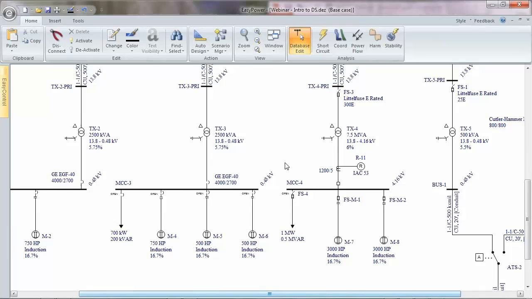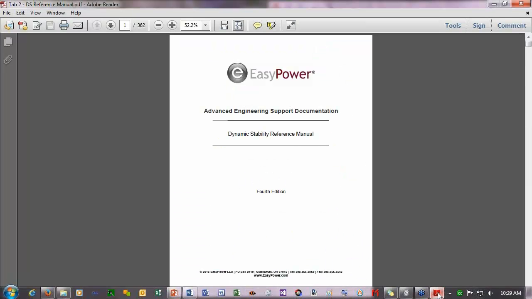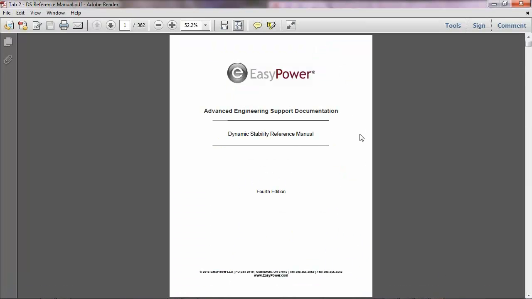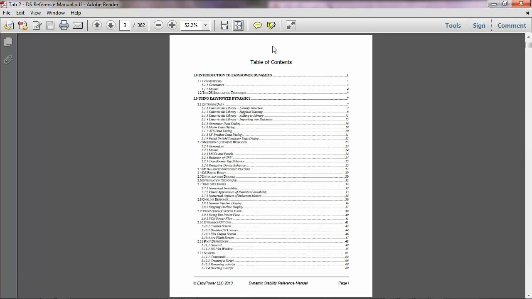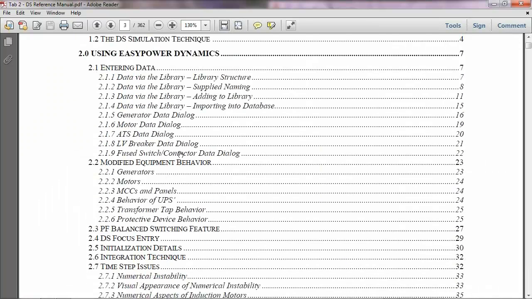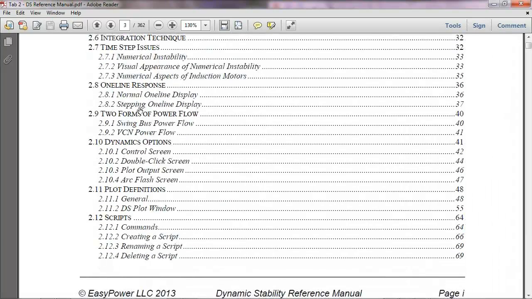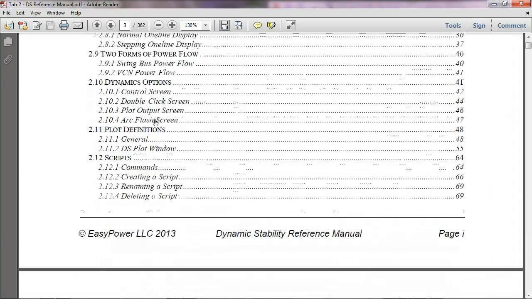One thing before I jump into using this, I just want to discuss very quickly for yourself. This should come with the installation. It's the Dynamic Stability Reference Manual. A lot of the things I'm talking about are in here, plus details on all of the models. Let's make it so we can read it. We talk about entering data, modified equipment behavior, all types of things, time step issues, numerical instability things to look at in detail,